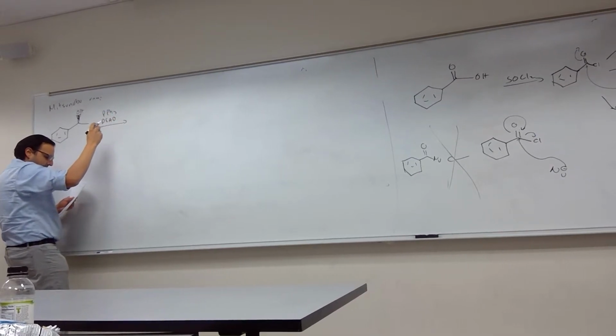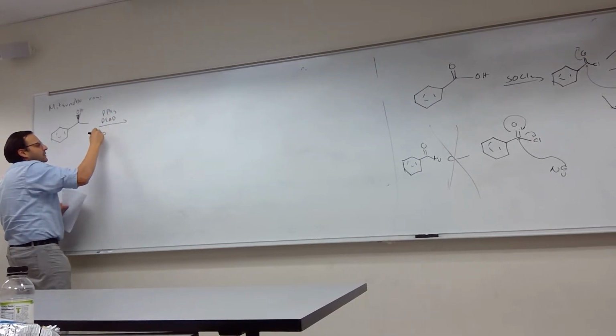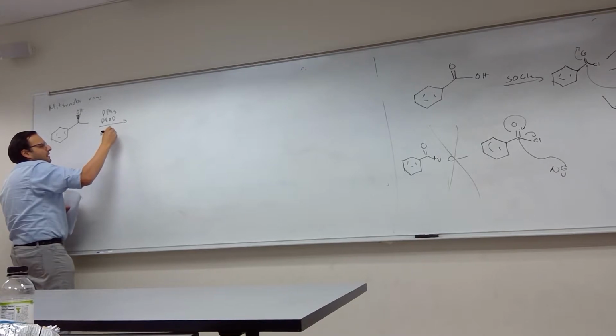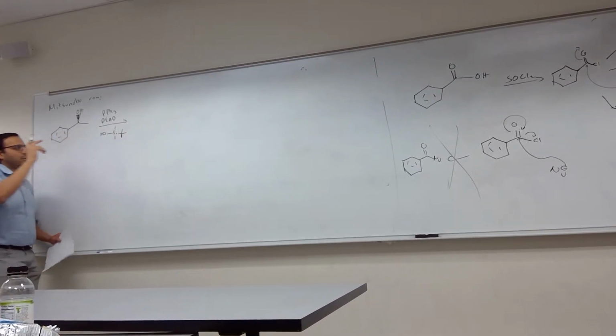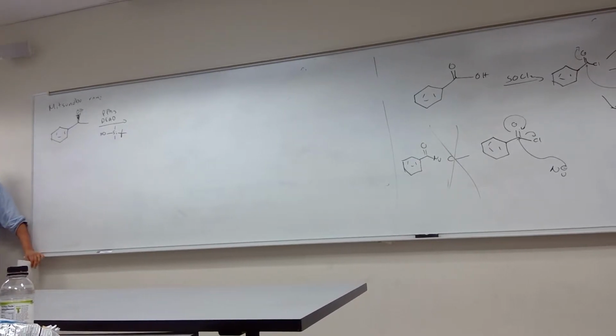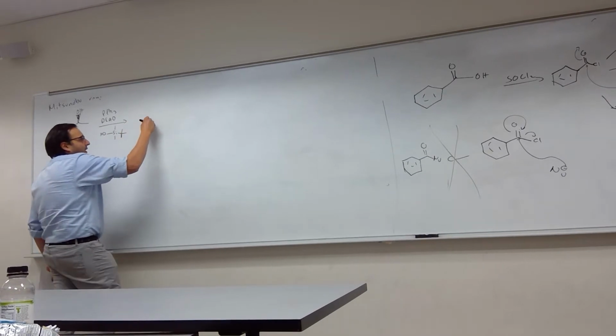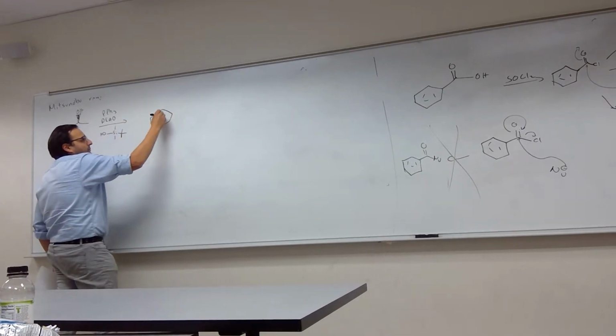Then there is silver carboxylate, and in this case I chose to use this. I'm not sure if this would work. Or we're going to put it here. As in this particular case, what ends up happening is